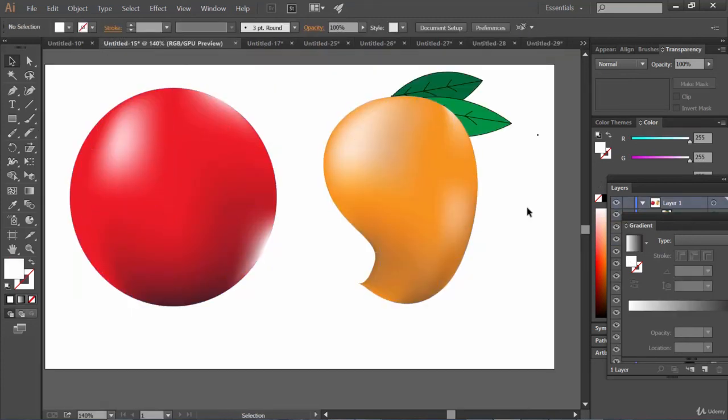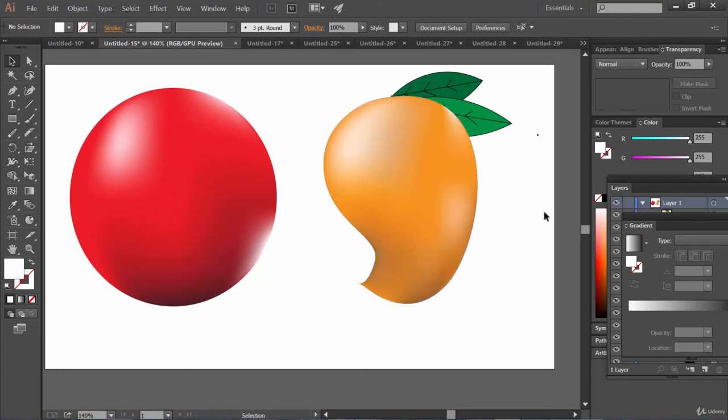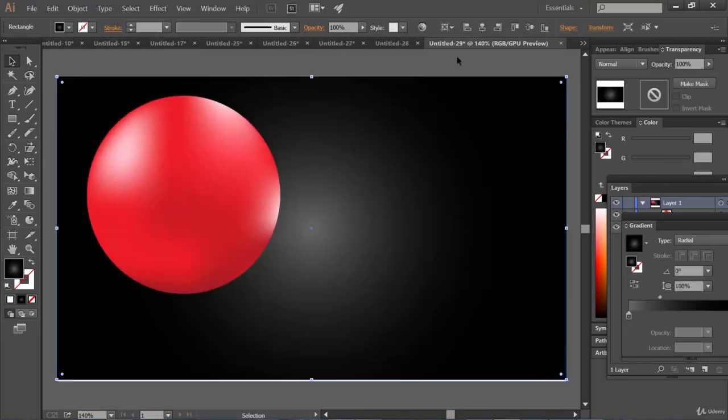Now, I think you are excited to watch creating this mango, right? Well, we are going to draw this mango in our project section. Yes, friend. In this section only, we have projects at the end of this section, and there we are going to create this mango. Just try to think how we can create this mango.